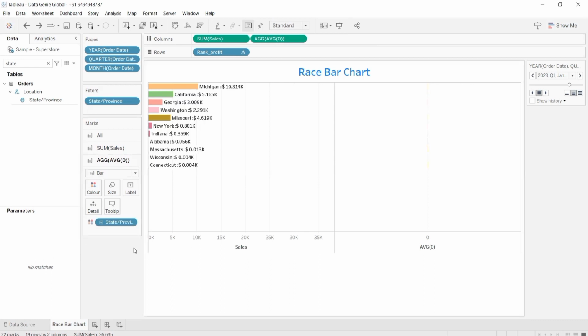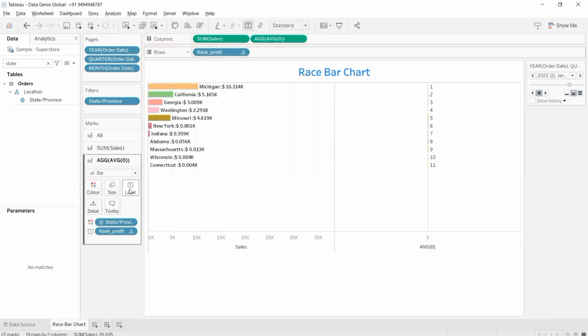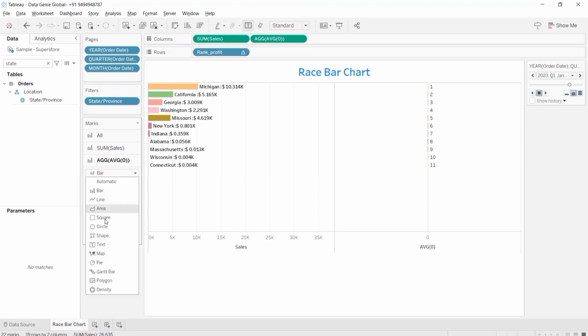We are going to retain the state for the color purpose, and we are going to bring the rank here by pressing control. So we got the rank here,